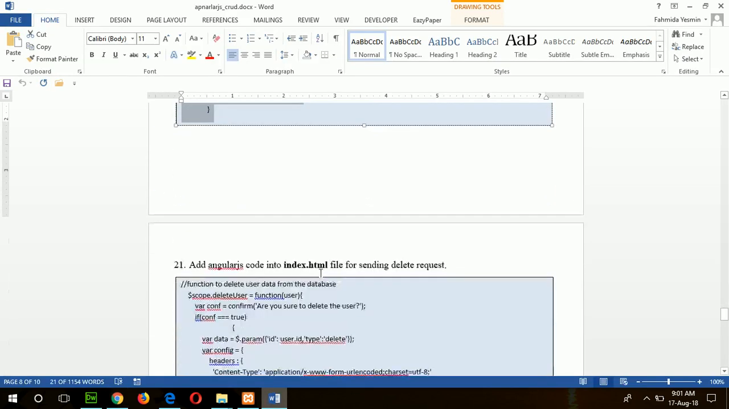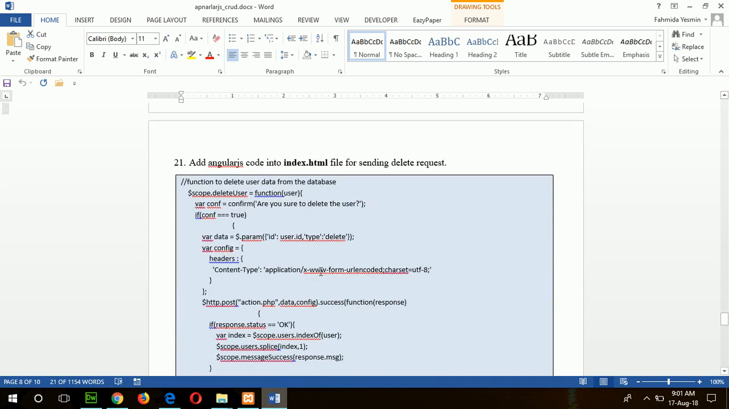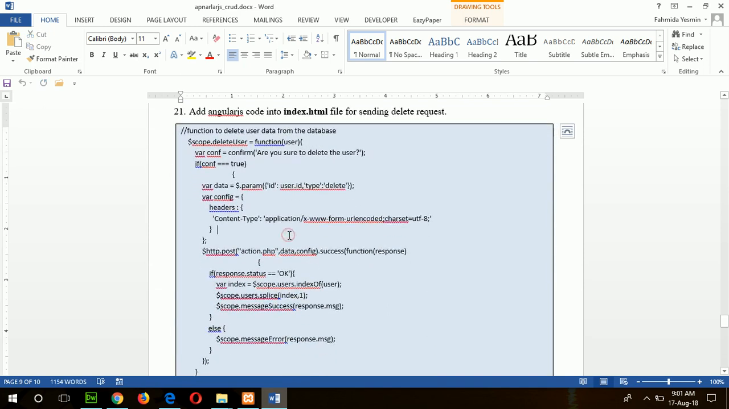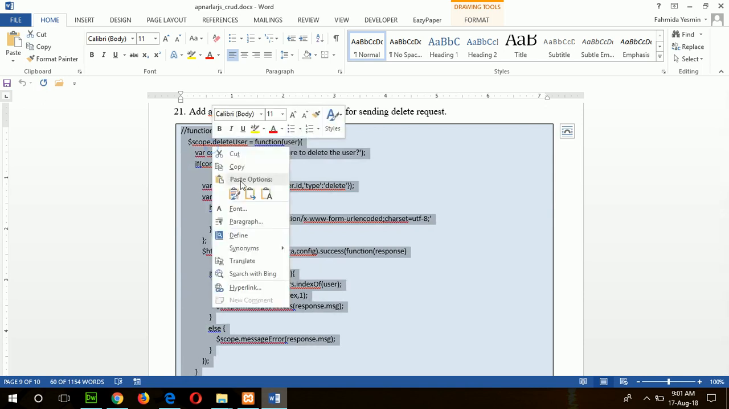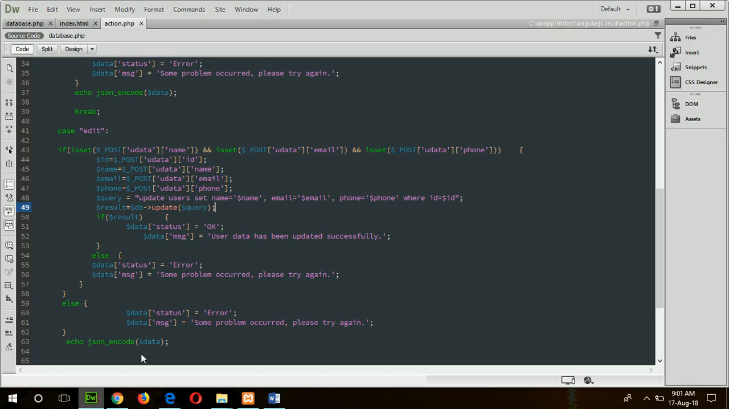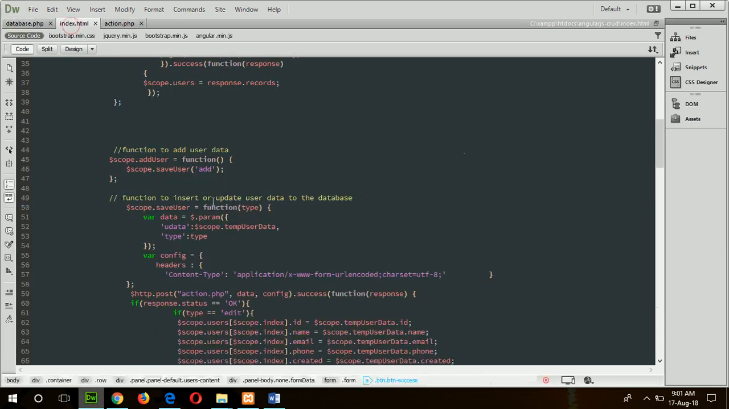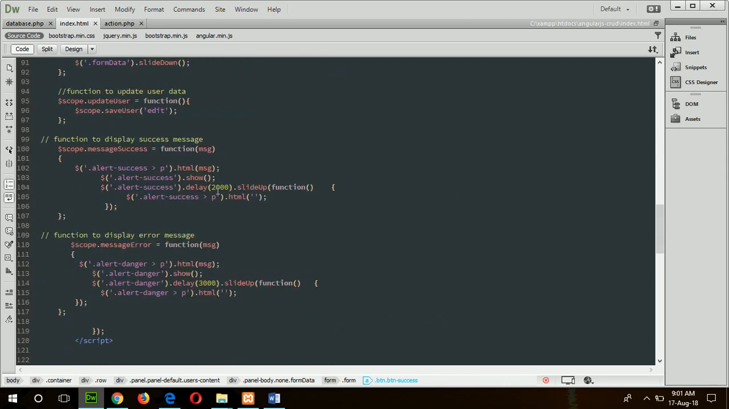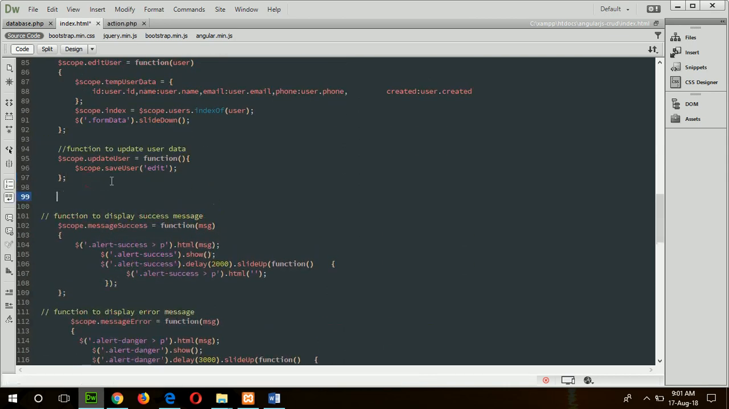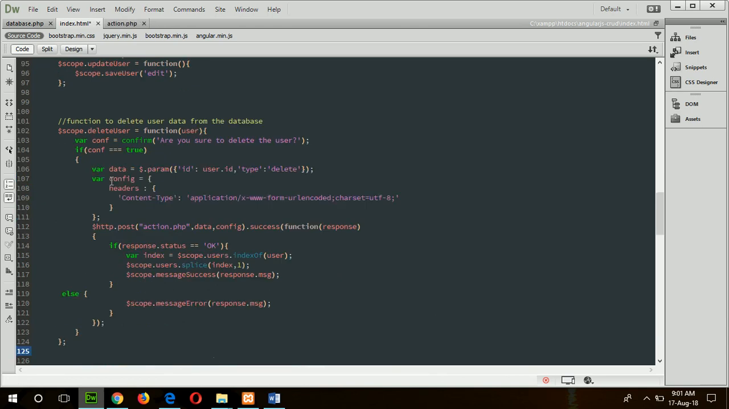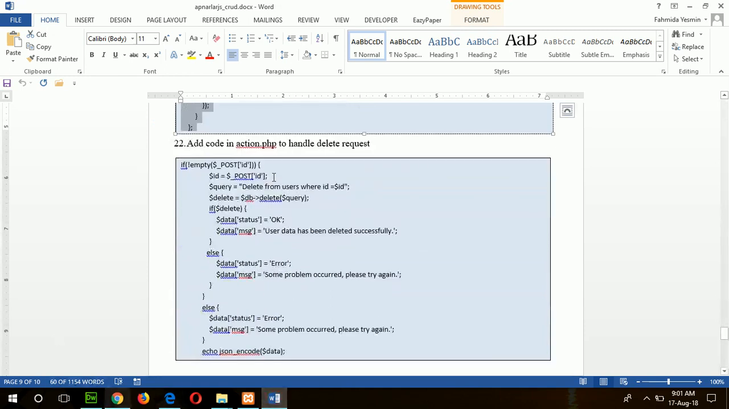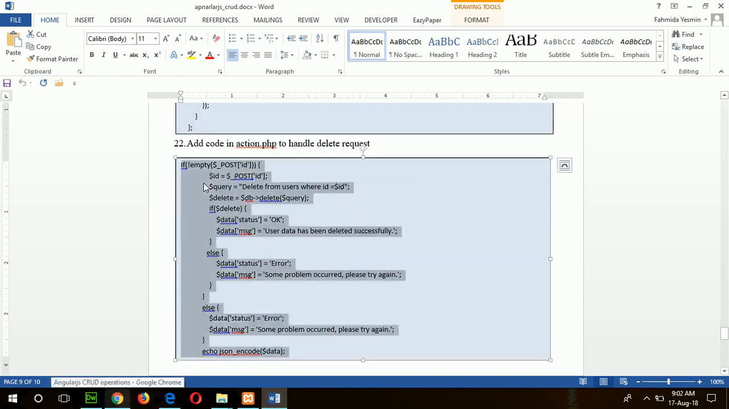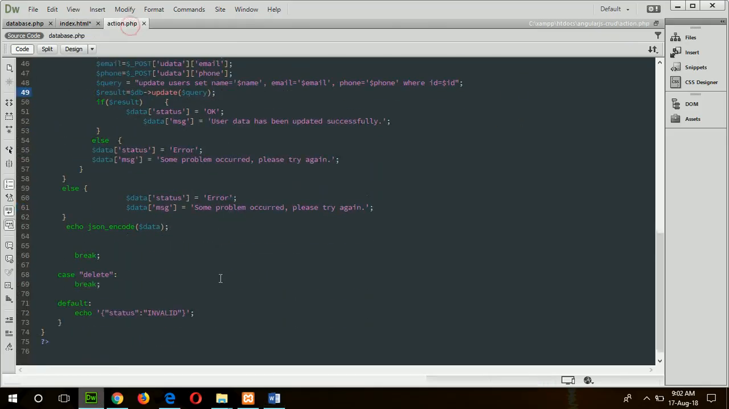Now go for the next step, step 21, for handling delete request. So just copy this code and add it into index.html file. Just add the code before the message section. Okay, I will explain the code later. And add this code into action.php's delete section. So copy action.php delete,